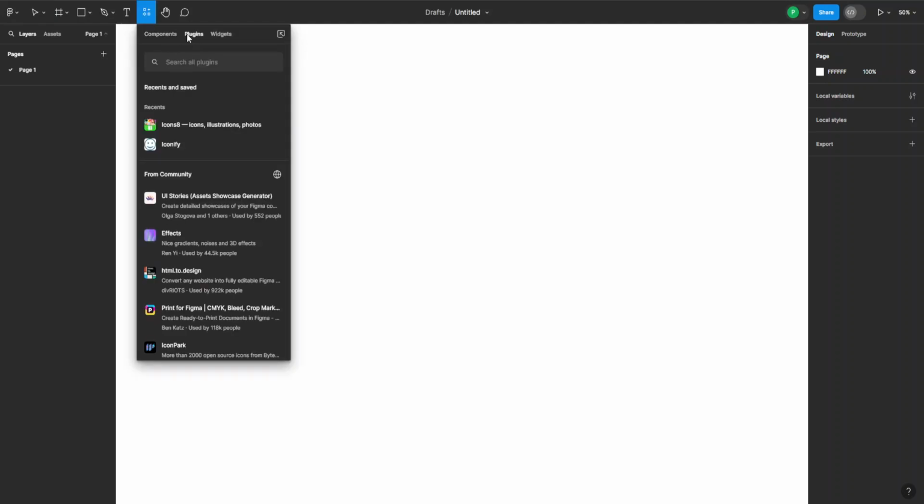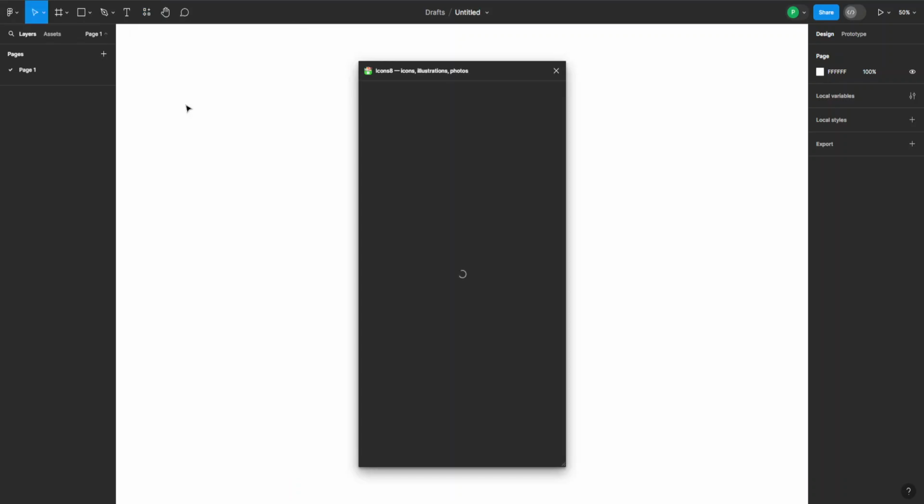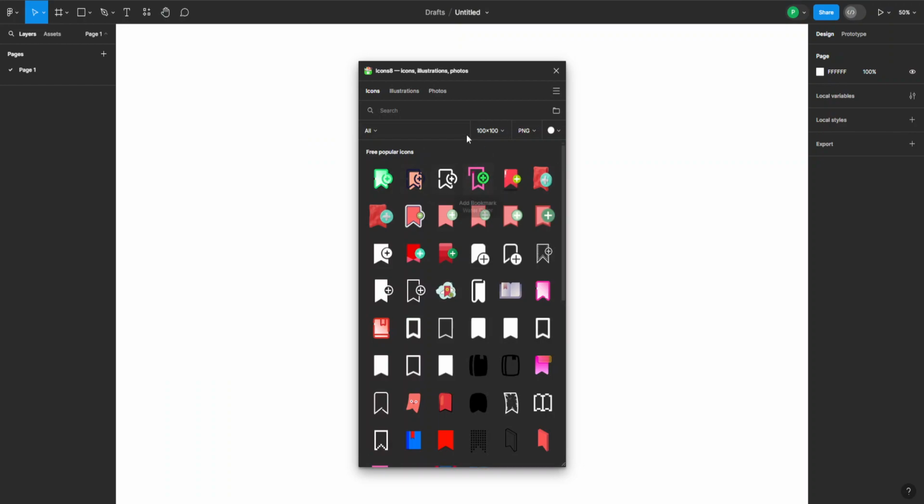And after that, you want to make sure you're in plugins here from the top. And now we can use one of these plugins to easily add icons. For example, Icons8, this one. We can just click on that and it will run this program. Here you can see it has a multitude of different icons you can choose from,